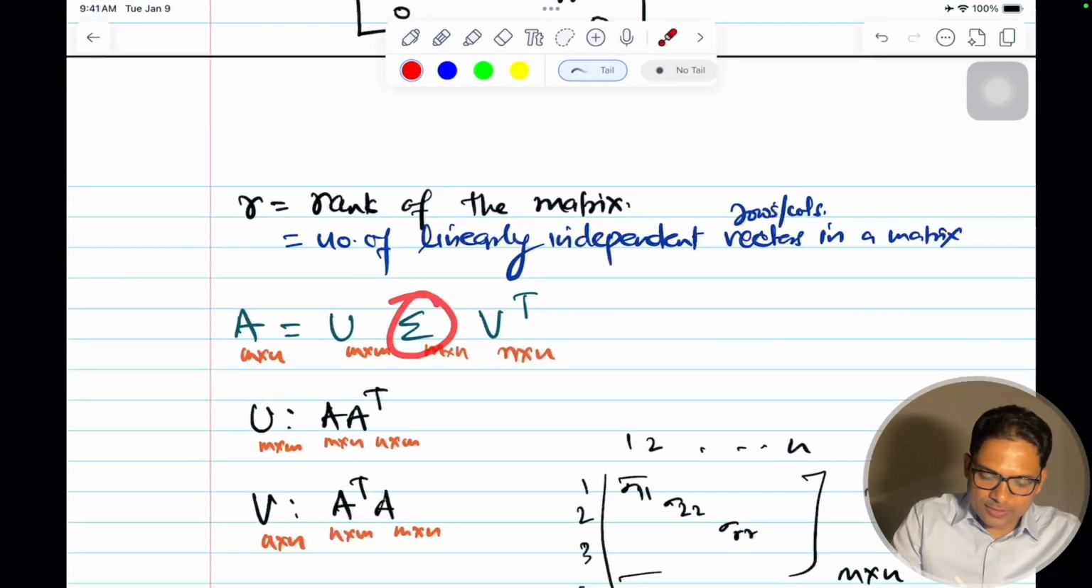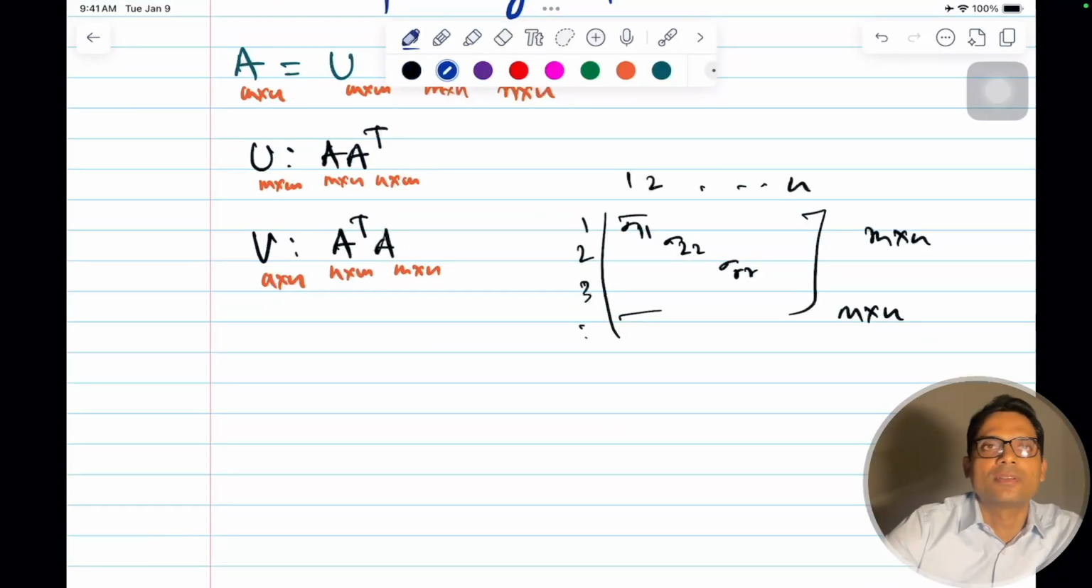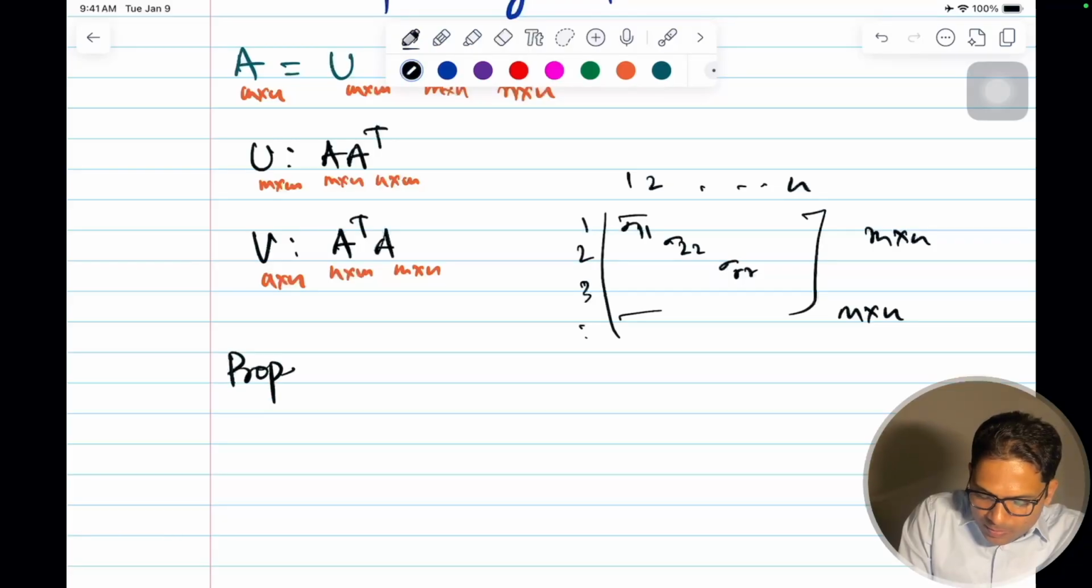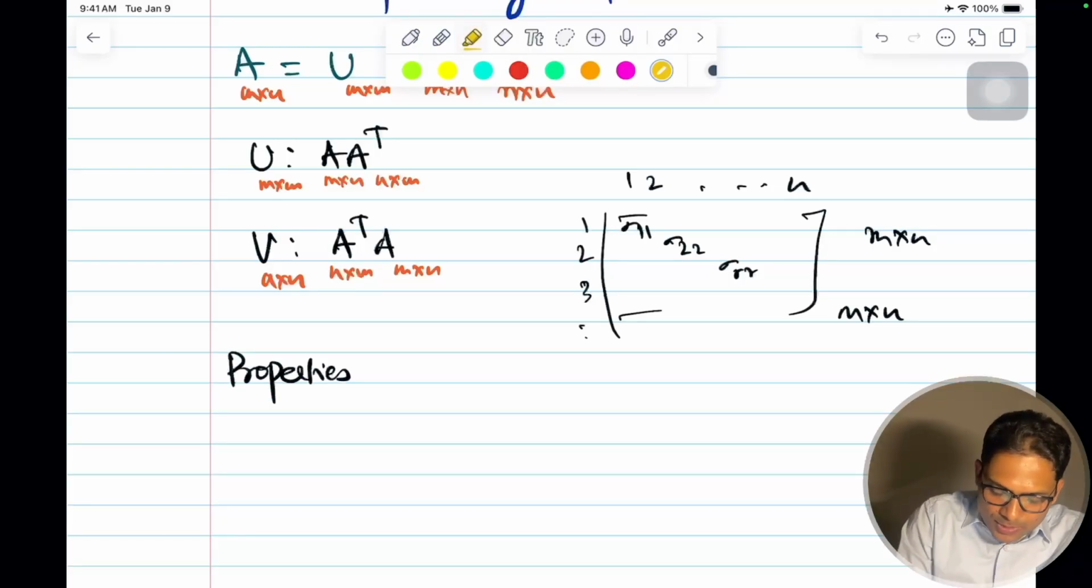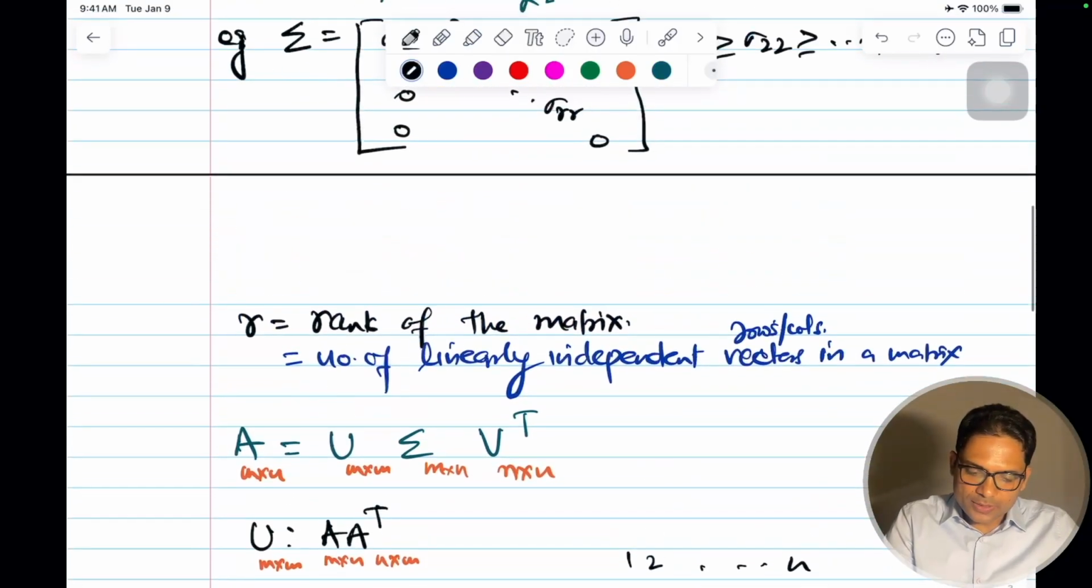These entries are called singular values. Okay, let's see the properties, then we will discuss why it is called singular value. So let's see some properties. I have told you already, but quickly: they are the square root of the